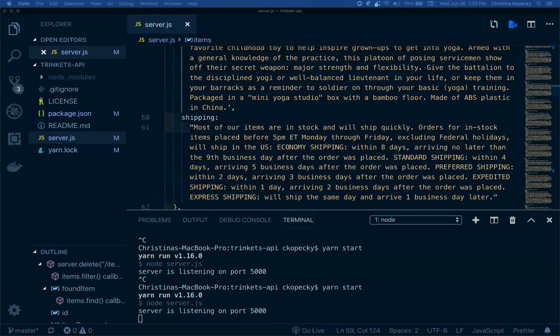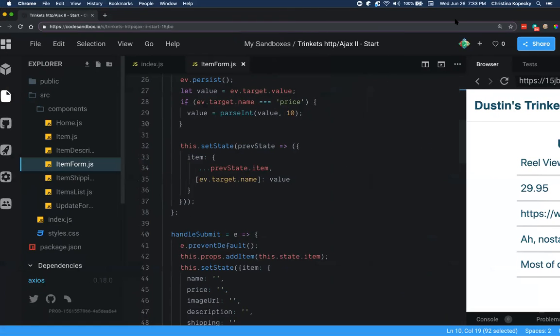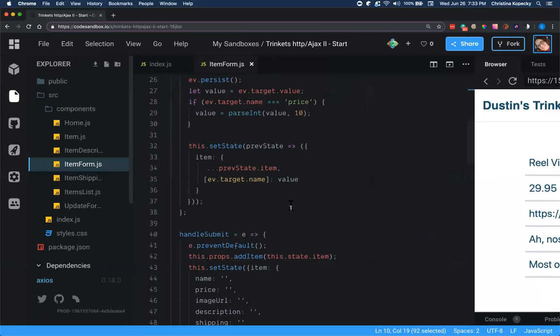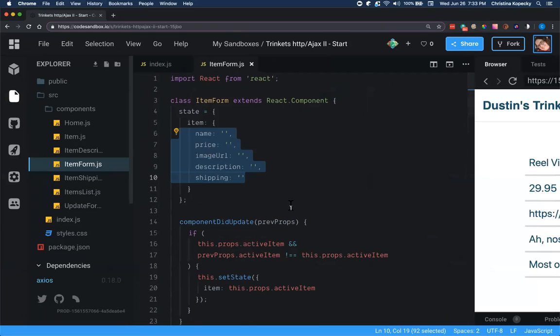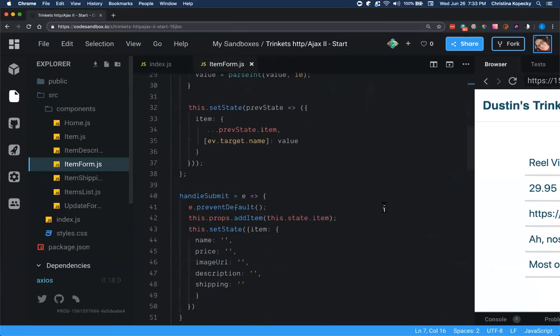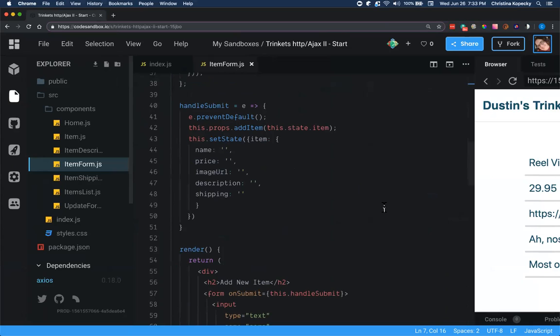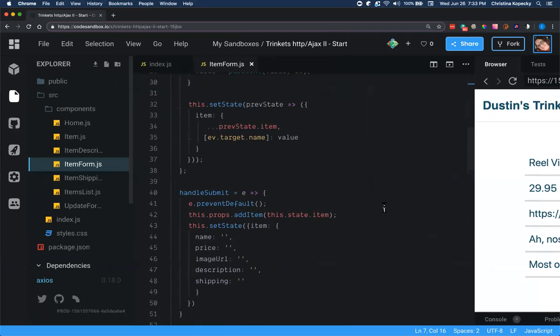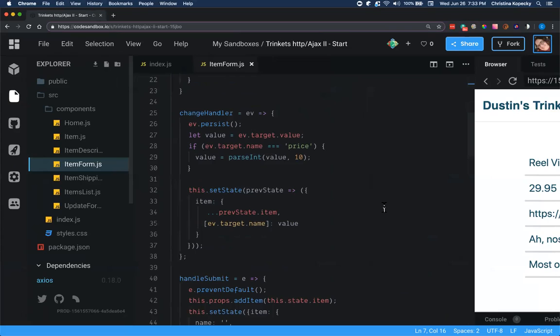Oh, sorry. Okay. That part right there is what's not there, right? Scroll down. Okay. No, go up a little bit. That's the handle submit. Okay, that one right there. It says state change handler. This just over here on line 25? Yes. Okay. Yeah. So this is your basic